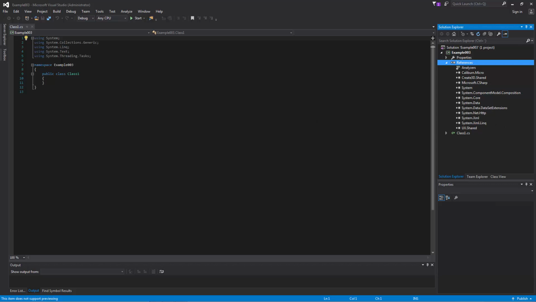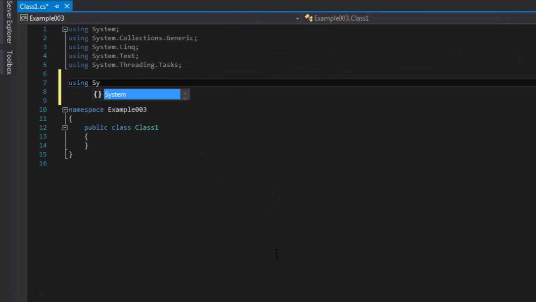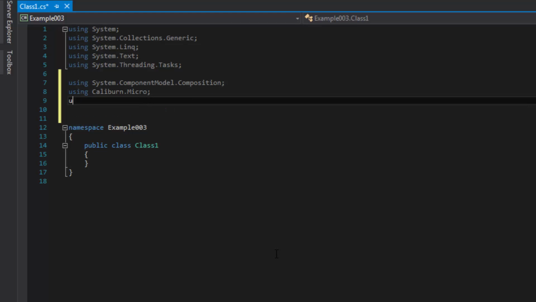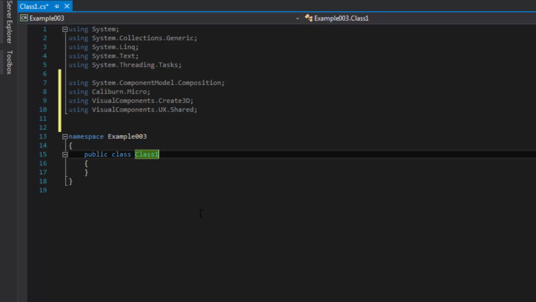So in my code, go ahead and create some white space and add a using statement for System.ComponentModel.Composition, and using Caliburn.Micro, and using VisualComponents.Create3D, and using VisualComponents.UX.Shared. And since we're creating a plugin, let's go ahead and implement our class with that IPlugin interface.